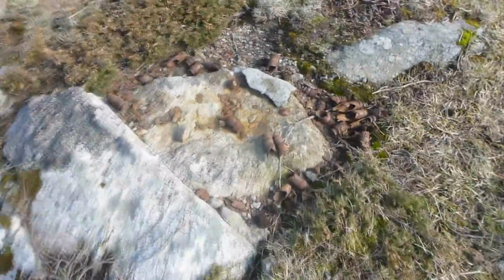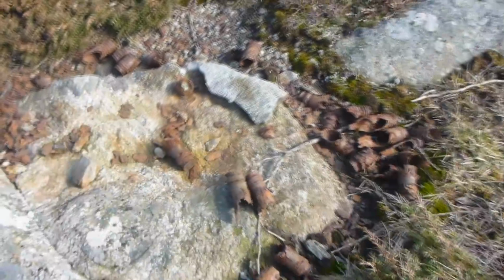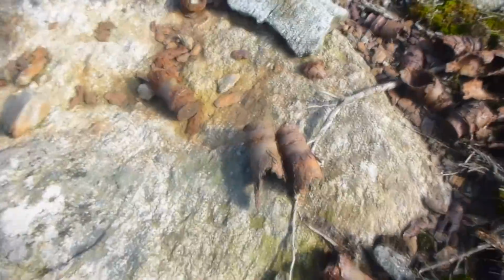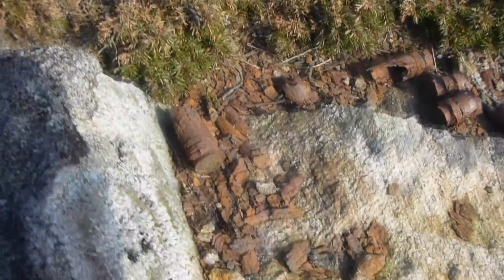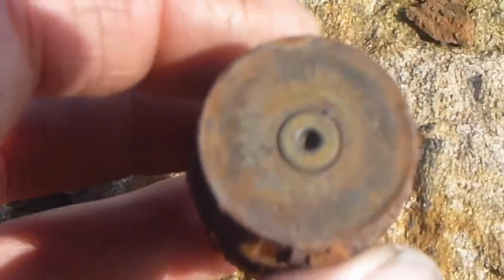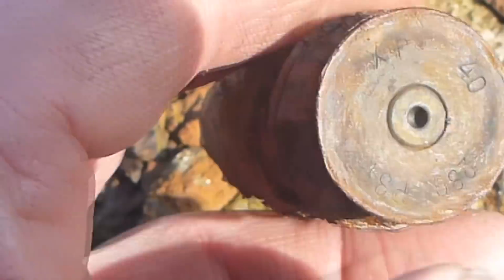This is the most incredible finding that I've done in a very, very long time. And have a look here. That is the 20mm flak cartridges, and it's all over the place. Wow, look at that. Ooh, is that a confirmation of what we're doing here or what? Look at that number there, 1940, and it's a